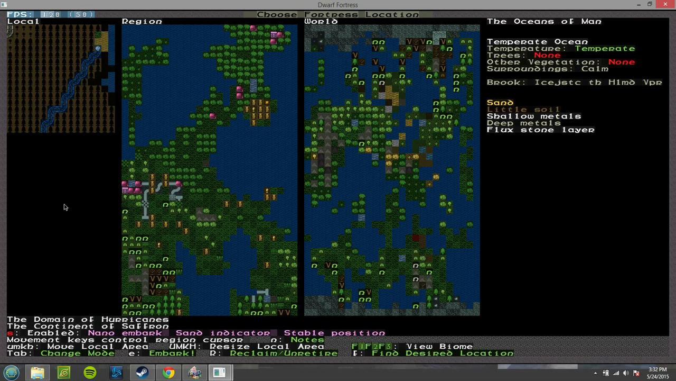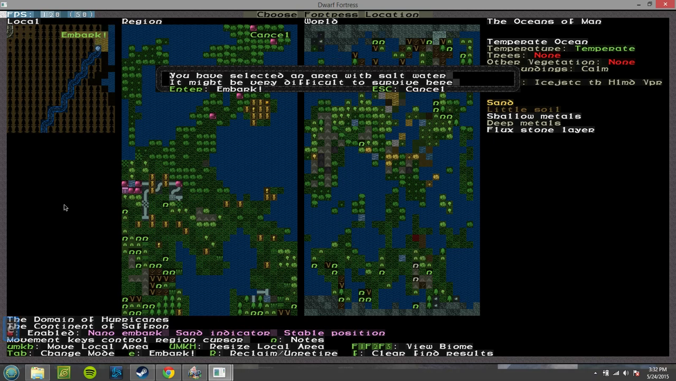So we can press E to embark. And look, you've selected an area with salt water. It might be very difficult to survive here. The reason it's saying this is because dwarves can't drink salt water, right? Makes sense. But the brook that I'm going to be drinking from, or collecting water from,